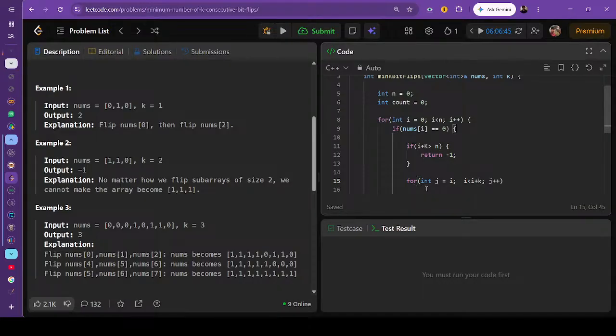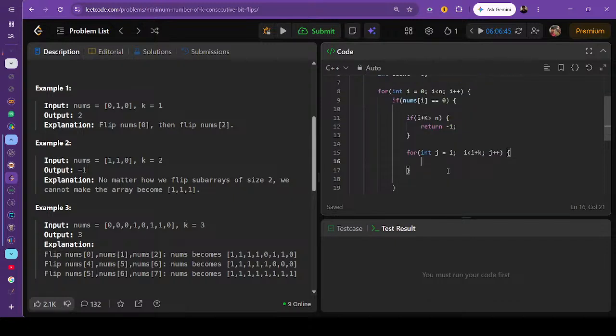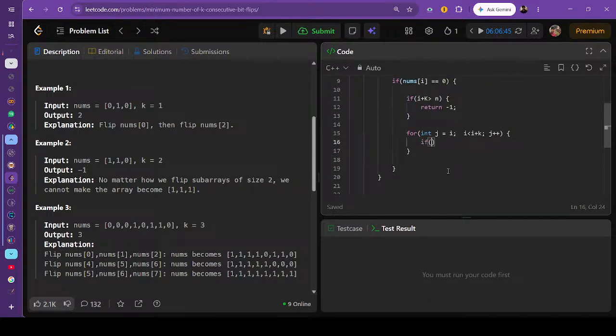And what I will do is, if nums of j is equal to 1, then it will make it 0, else it will make it 1 if it is 0. So this is our flip, and then what I will do is